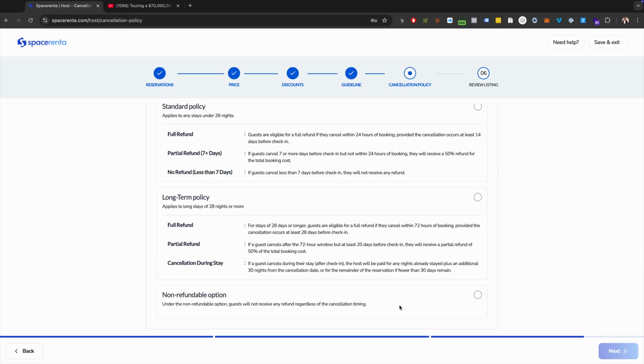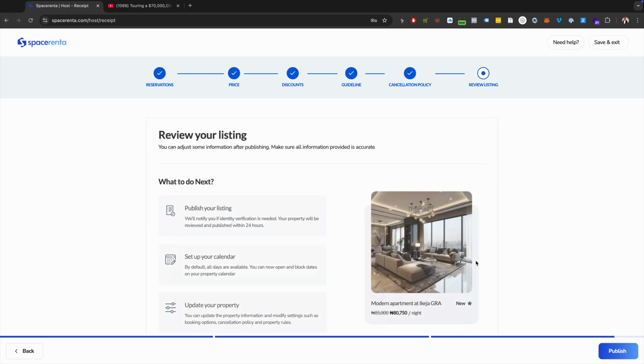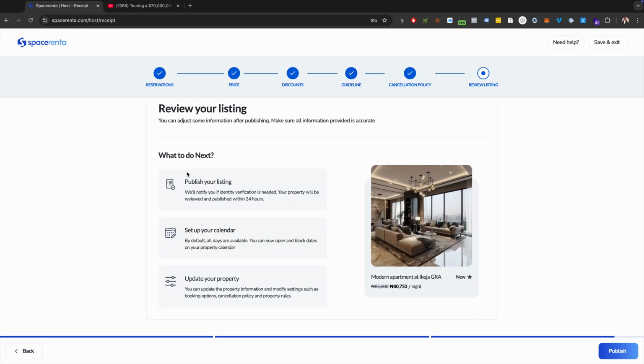So in a case where a guest no longer needs a property and they have already made payments, Spacerenta will have to step in to resolve this issue. Just make sure you read through this cancellation policy to pick what is best for your space. So I'll click on standard policy and then I click on next. So we have completed the last step of listing your property on Spacerenta. Now you can see where you are able to review your listings, everything that you have been inputting from the